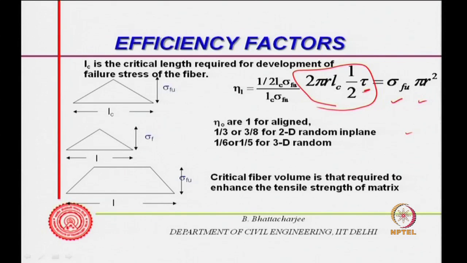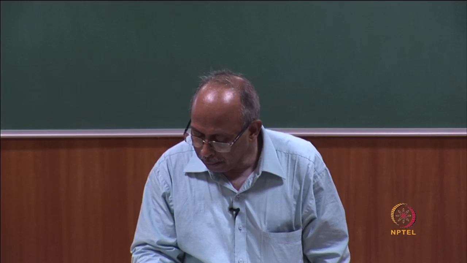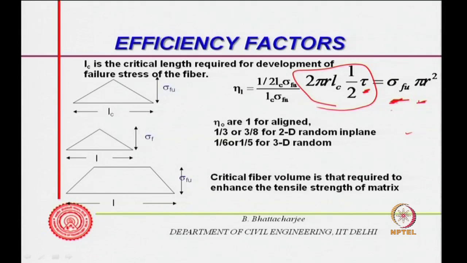bond. So, if tau is the bond strength, L c by 2 is the length through which sigma Fu is developed. So, sigma Fu pi r square, that is the stress onto the fiber. I am talking only of one fiber, which is good enough for my purpose at the moment. One fiber, a single piece of fiber in case of aligned fiber. So, this is the force in the fiber, and that must be transferred through the length of L c